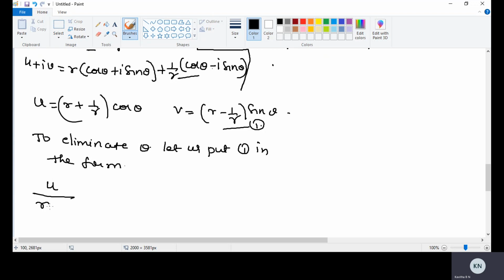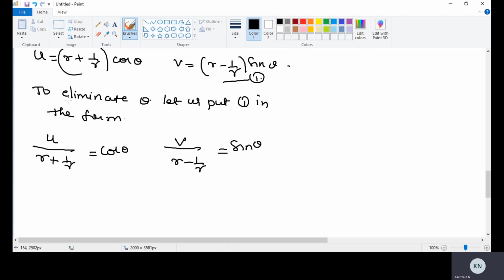U by R plus 1 by R is cos theta, then V by R minus 1 by R is sin theta. Okay, then squaring and adding, we obtain